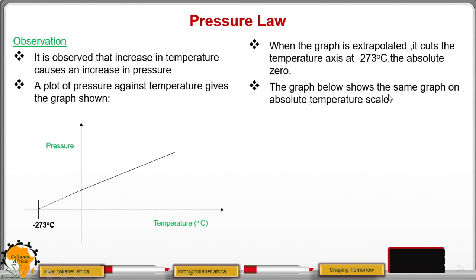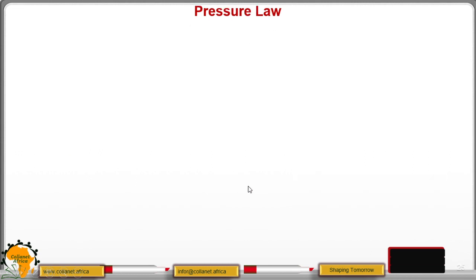Therefore, the graph below shows the same graph on the absolute temperature scale. So when you plot pressure against temperature, but now you use the absolute scale, you find that it is a straight line through the origin. Remember, on the absolute scale, we start at 0 Kelvin, which is equivalent to negative 273 degrees Celsius. Then from there,